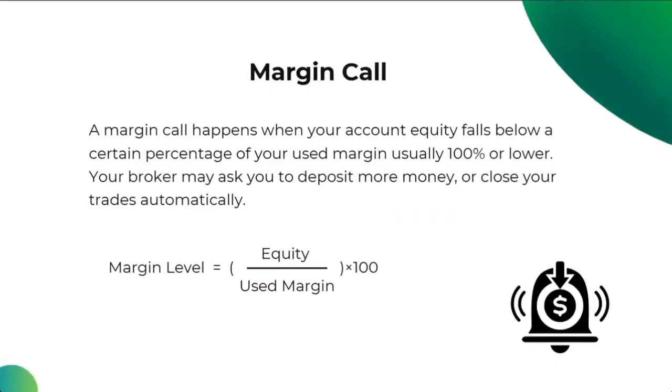Now, a margin call happens when your account equity falls below a certain percentage of your used margin, which is usually 100%, or sometimes it goes lower than 100%. All right, so your broker is actually going to ask you to deposit more money or close your trades automatically. So this margin call is typically a call for you to add more equity into your account so that you'll be able to manage and maintain your existing